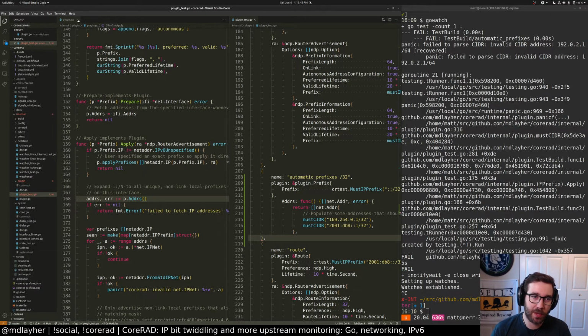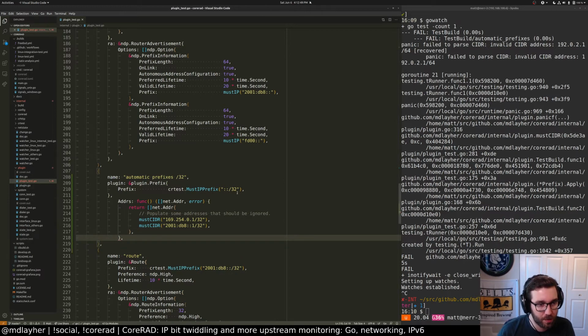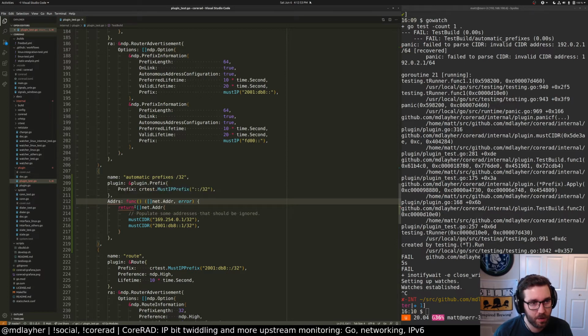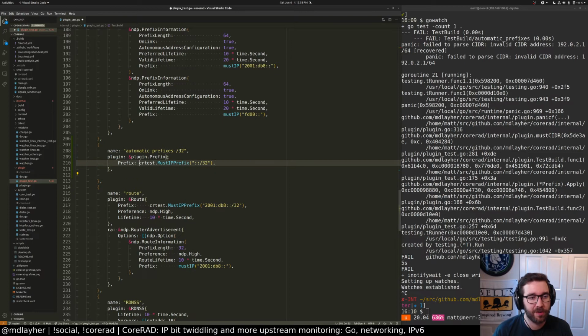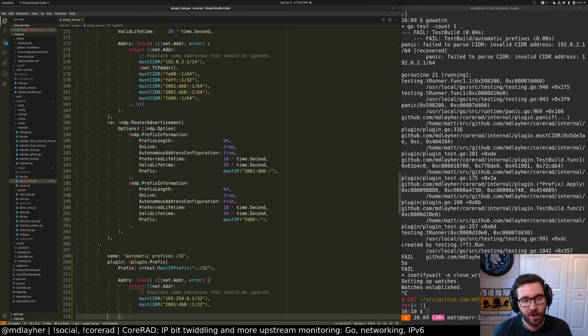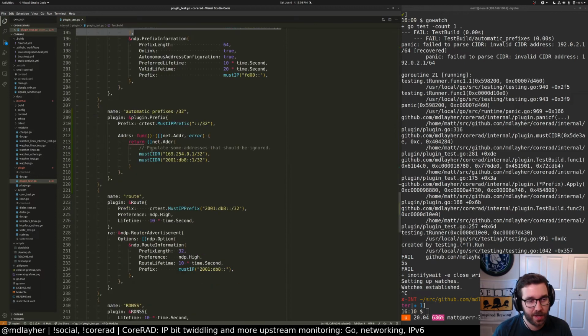I think we're at the point now where we can close that for a while. Write tests over here. So, what am I missing? Right. Okay. That goes within the plugin, doesn't it? Yeah, because we override the function. Okay. And then the output router advertisement, we would expect to have no options. Or actually just one option, just the one prefix of the 2001 DB8. So we'll copy that. Okay.